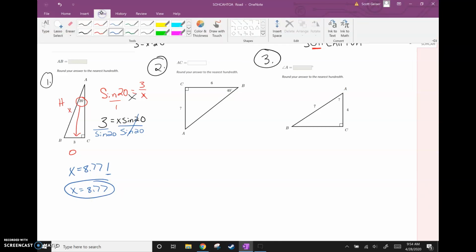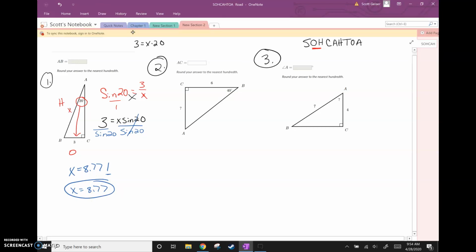For the second one, you could pause this if you want to see if you can do this on your own. But I'm going to circle this. Boom. This is opposite. This is the hypotenuse because it's opposite of the 90, which makes that the adjacent. Okay. So O and A would be my tangent feature. So I'm going to go tangent of my reference angle, 40, equals X over 6, cross multiply, X equals 6 tangent of 40,